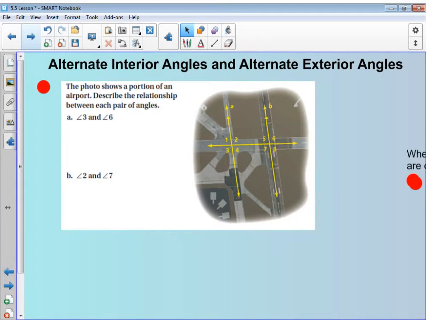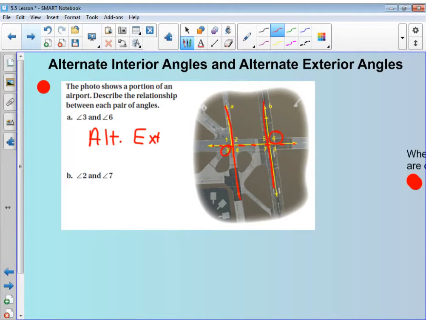All right, so here it says the photo shows a portion of an airport. Describe the relationship between each pair of angles. So when we look at angles 3 and 6, I'm going to circle them. First of all, are they interior or exterior angles? Well, here are our parallel lines. Those are on the outside, so they would be some sort of an exterior. Now they're on the opposite sides of this transversal right here, so those would be alternate